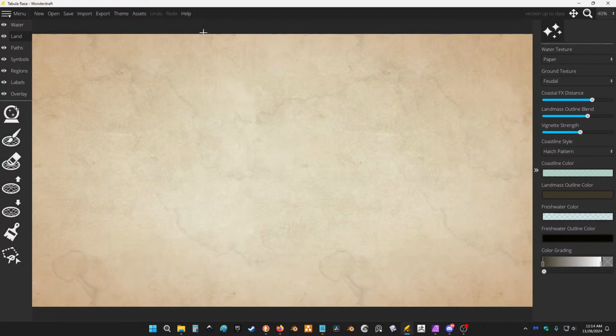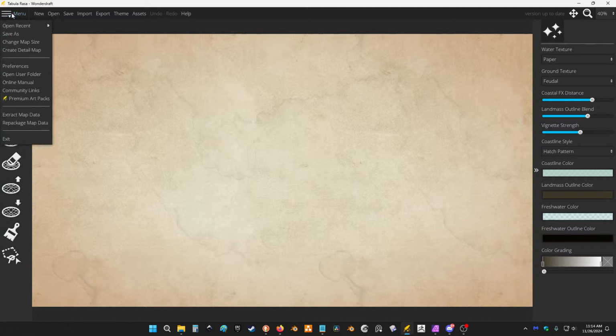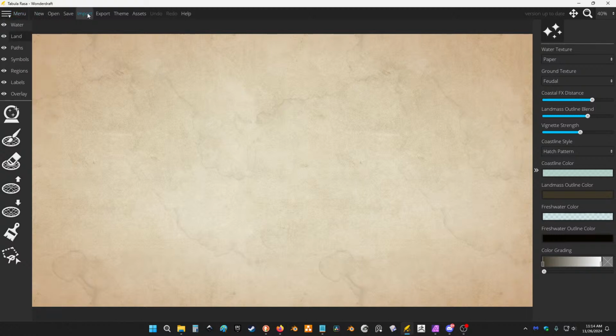Okay, this is the initial splash page for Wonderdraft. Up here on the top left, of course, you again have your menu and everything else. New, open, save, import, export, theme, assets, and help. The import and export we'll go over in another video. Import basically takes in a height map and creates a landform from that. Export, you can export your map,